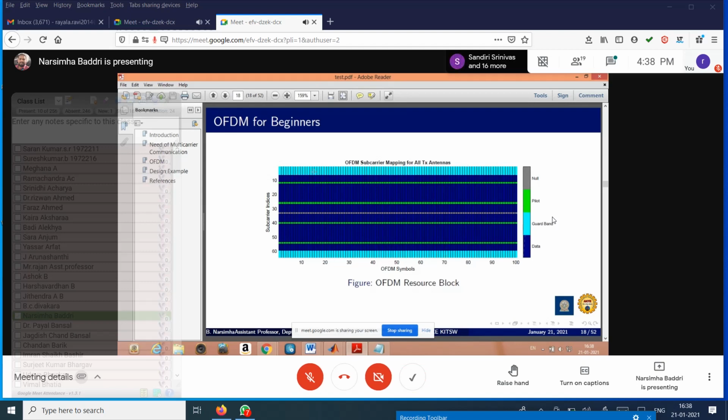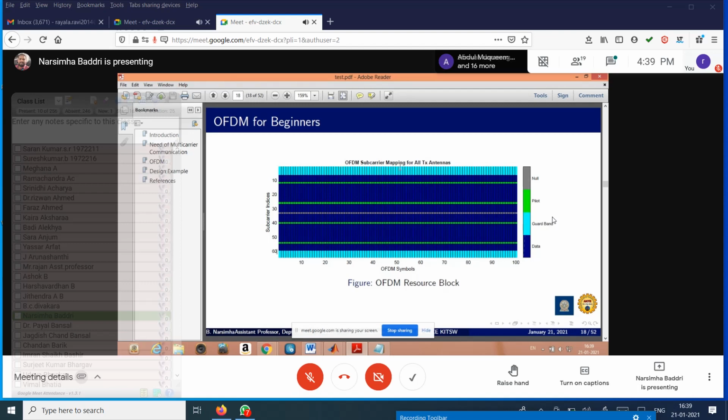Suppose you take this colored representation. All blue colored blocks will represent the data, because we are not transmitting data on all the subcarriers. Some of the subcarriers will be left intentionally, and through some of the carriers we will transmit pilots. If you see these green colored blocks, say the 11th or 12th subcarrier, and suppose the 28th subcarrier, and this 54 or something like this, will be used to transmit pilot symbols. There are 4 subcarriers which will carry pilot symbols.